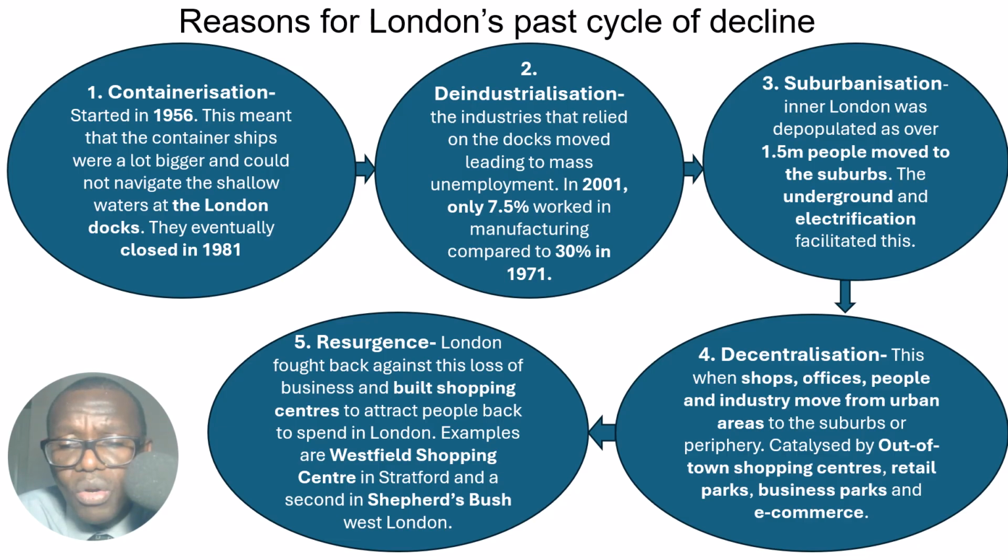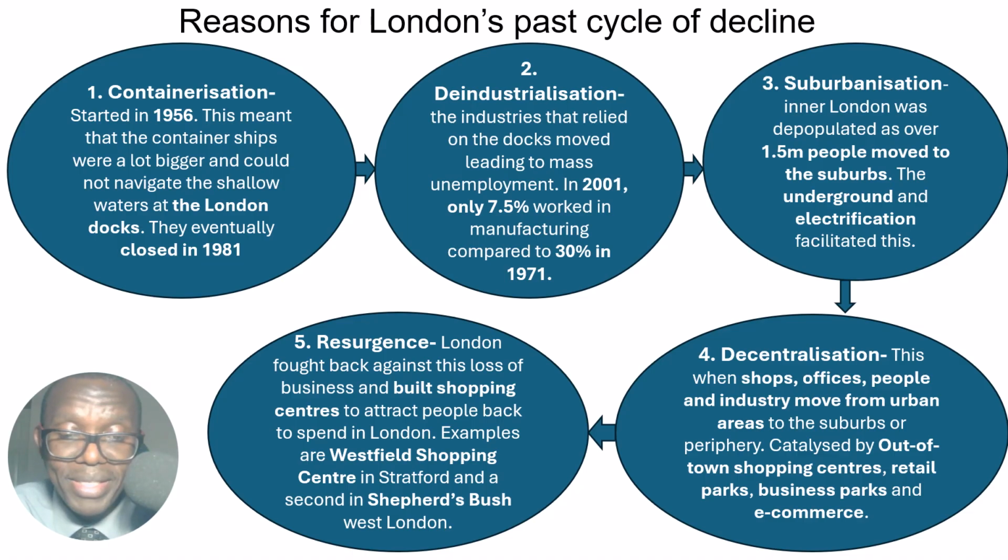Then the next thing we are looking at here is decentralization. And this is when shops, offices, people and industry move from urban areas to the suburbs or to the periphery. This was catalyzed by out-of-town shopping centers, retail parks, business parks, and e-commerce. So all these were contributing factors to the decentralization of the inner parts of London. However, this particular cycle of decline